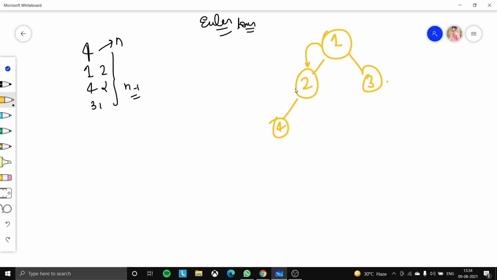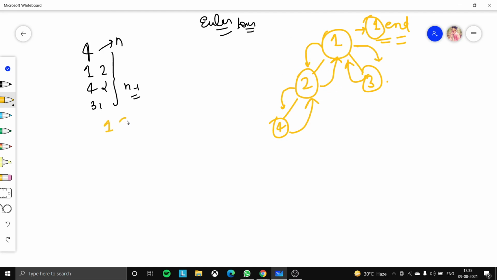So Takahashi goes to city 2, then Takahashi goes to city 4, and then after city 4 we have nothing, it is empty, we can't go anywhere, no child is there. So Takahashi returns back to city 2, and then from city 2 he returns back to city 1, and after city 1 he has only one option, to go to city 3, because he can't go anywhere else. Then from city 3 he'll return back to 1, and after 1 he has to stay at 1 and end his journey here, because he cannot go anywhere, as no edges are left for him to go anywhere. So his journey ends at 1.